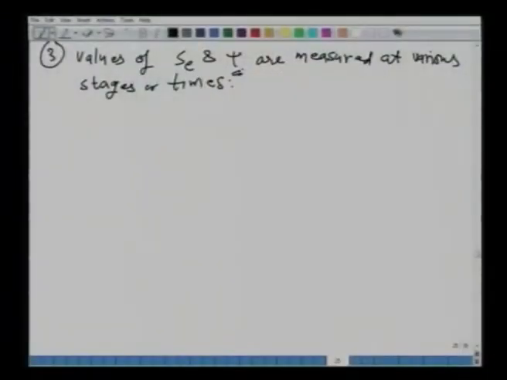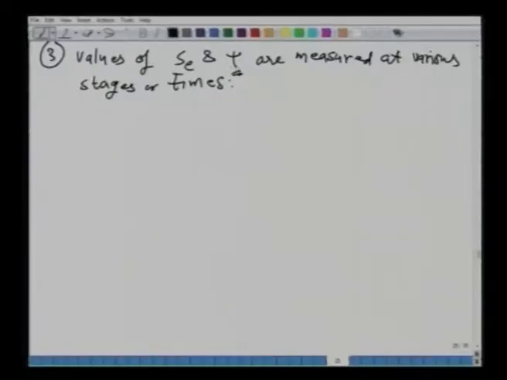Okay. How do we measure psi, which is the suction head? Well, we will not go into the details, but we have very sophisticated instruments which are called tensiometers, which can measure the suction head or the power of the soil to suck the water, okay, at different stages. So, assuming that we can measure the soil moisture and the suction head at different times, we take the sample, completely wet it, allow the water to drain, and then we measure the quantities of SE and psi. Okay. So, what we have is the data in terms of the soil moisture content and the suction head.